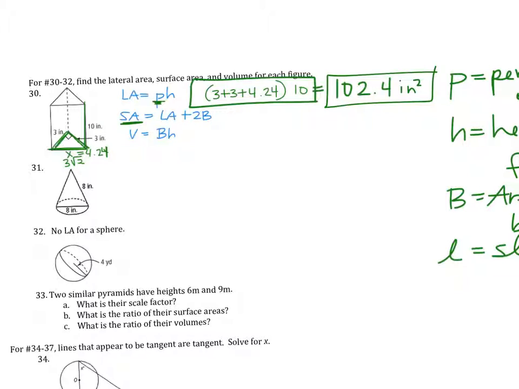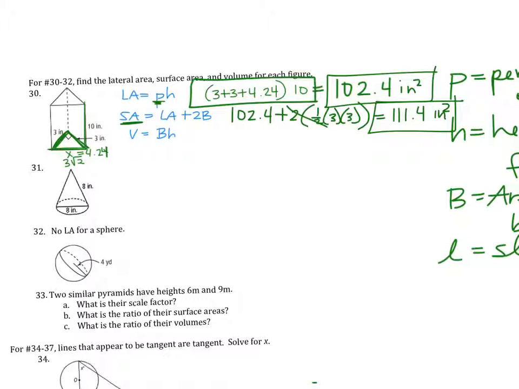Your surface area is going to be that number, 102.4, plus 2. What's the area of that triangle? Area would be pi radius squared. Of a triangle? Oh, 1/2 BH, right? And your base and height would be the 3's. So it's 2 times 1/2 times 3 times 3 would be the area of that triangle. So basically the 2 and the half are 1, so 3 times 3 is 9. So you're just doing 102.4 plus 9 would be 111.4